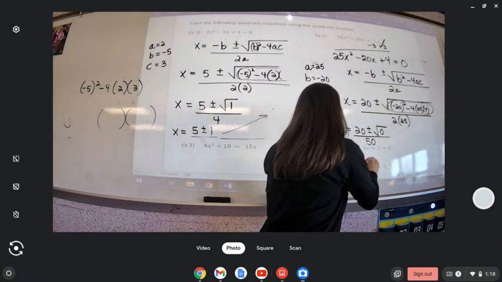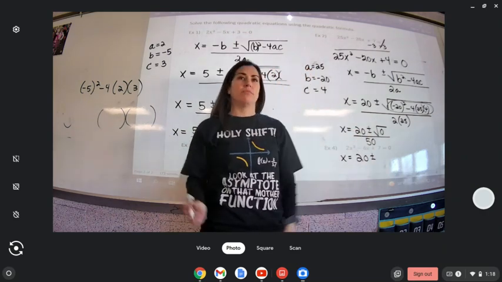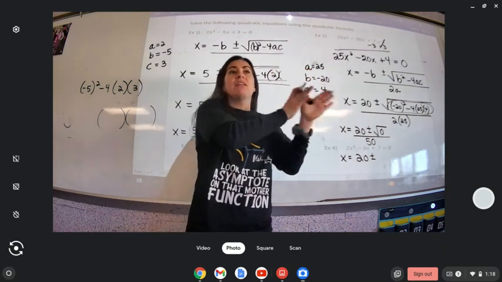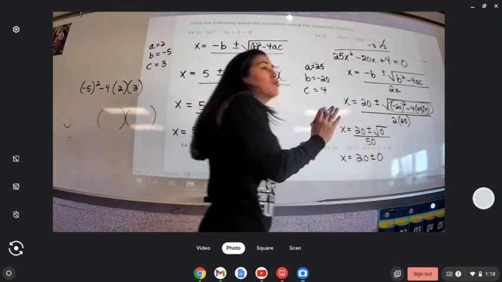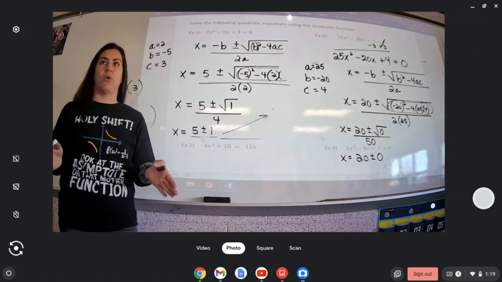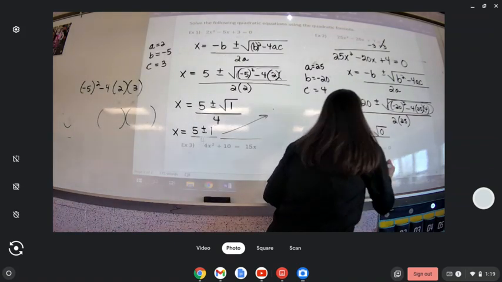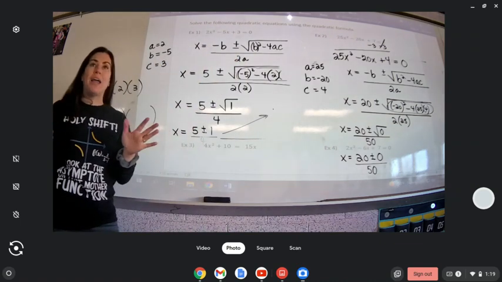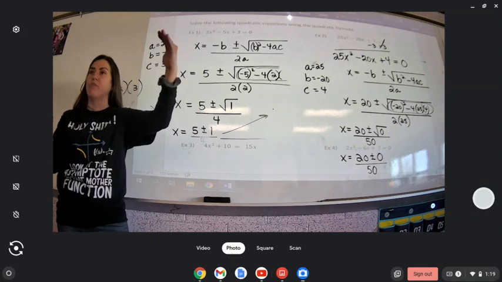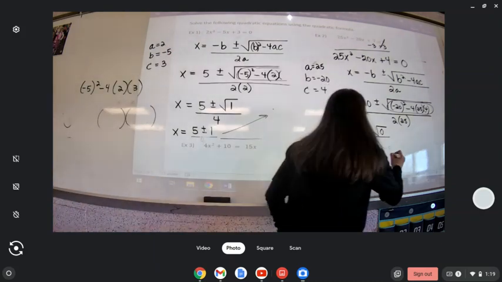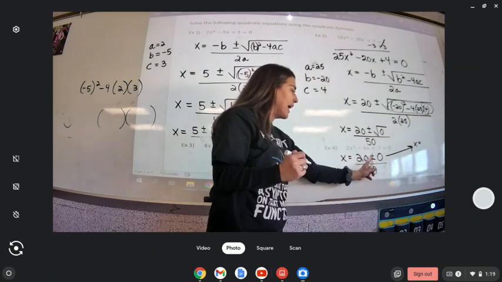X will equal 20 plus or minus, guys, what is the square root of 0? 0. You can take the square root of 0 and get 0 back. So you get 0, and there's no more square root. You took his square root. And then it's going to be divided by 50. Since the square root went away, there is nothing stopping you from moving forward and working out both of these scenarios. So one of our two answers will be what we get when we take 20, and let's add it